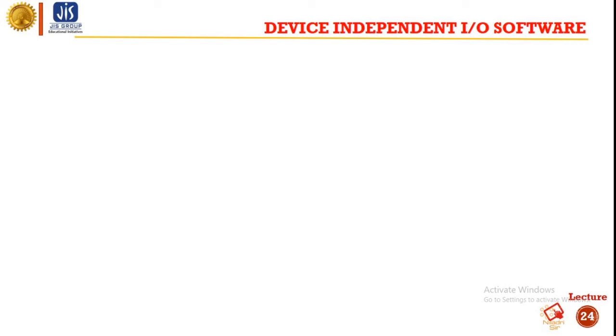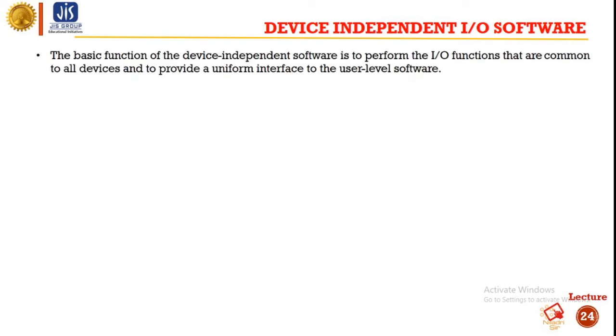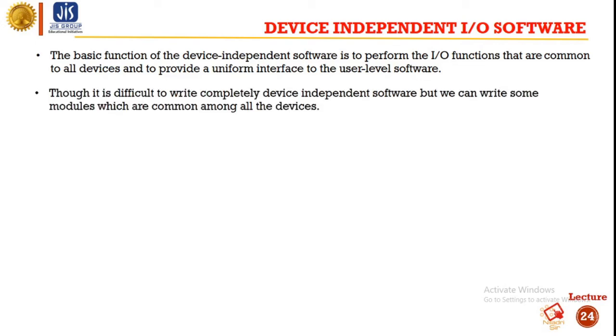Now, what is device-dependent I/O software? The basic function of the device-dependent software is to perform the I/O functions that are common to all the devices and to provide a uniform interface to the user level software. Though it is difficult to write completely device dependent software, we can write some modules which are common among all the devices. So a key concept in the design of I/O software is that it should be device independent,